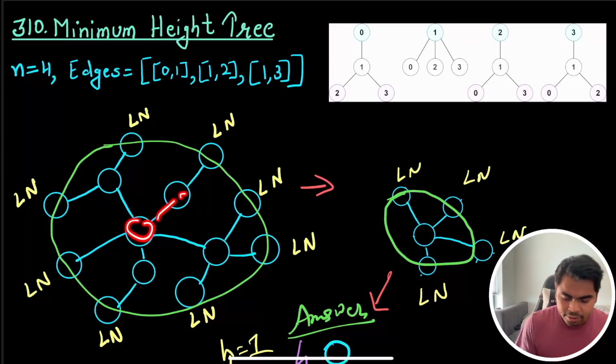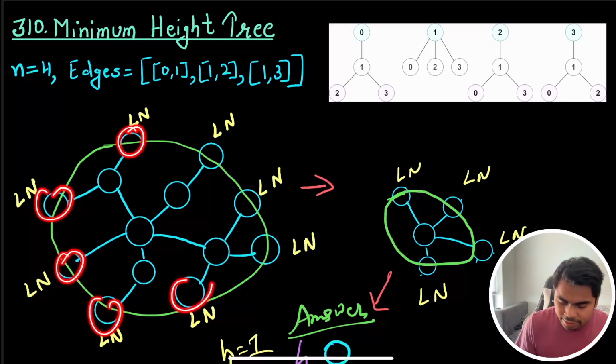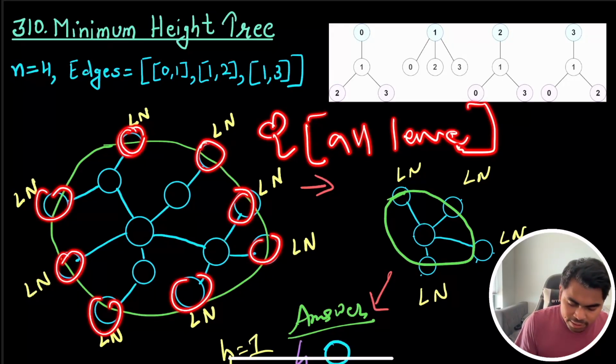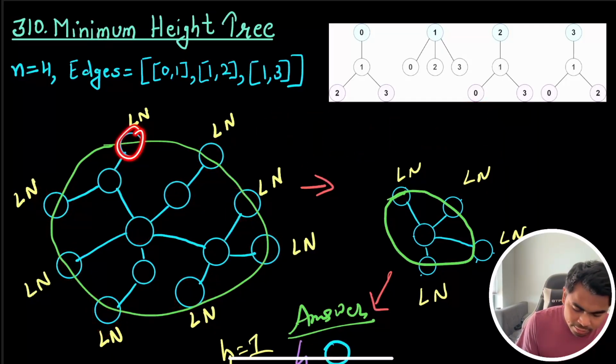Rather than that, what we are doing is choosing all these leaf nodes and putting them into our queue, and then visiting their neighbors. So visit this neighbor, this neighbor, and then cut this connection, because you are pruning the leaf. If you cut this connection, then for this one you'll be visiting this and cutting this connection,